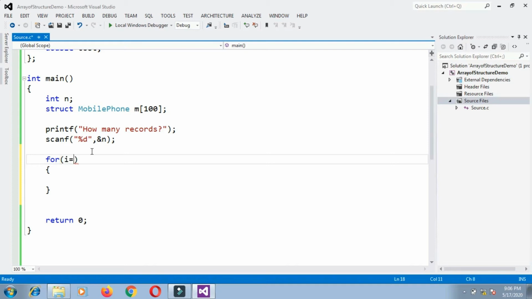So one counter variable I equals to 0, I less than n, I plus plus, n times this loop will iterate. I have to declare the I variable. I will ask user enter record, or say enter mobile details.